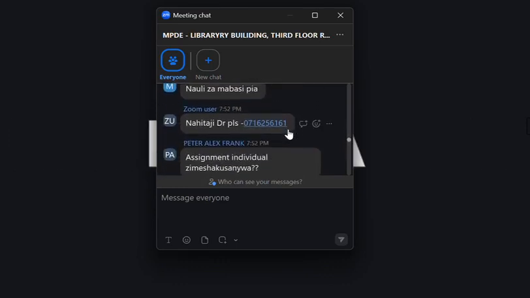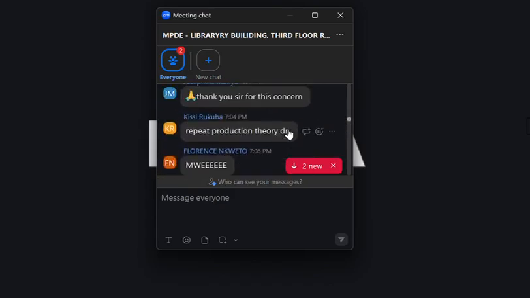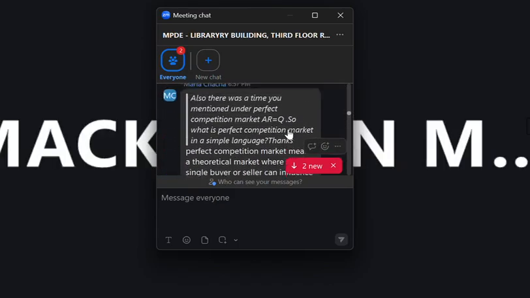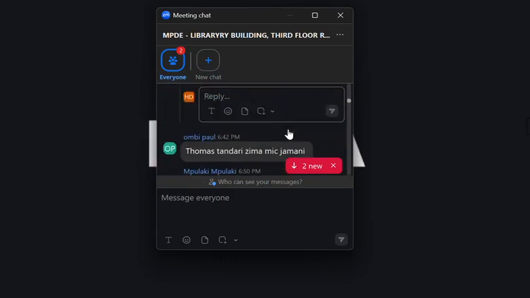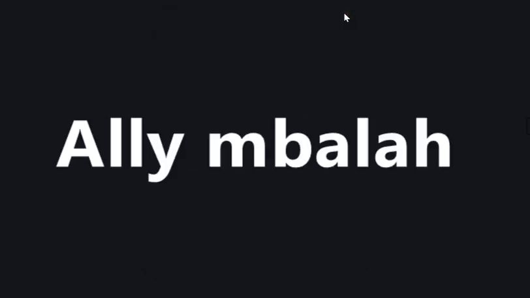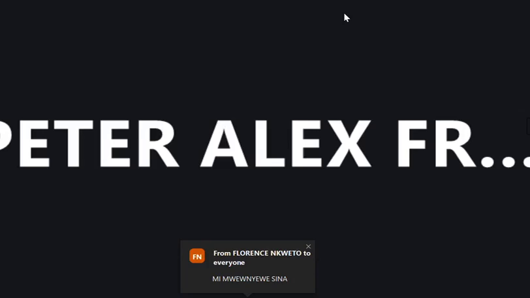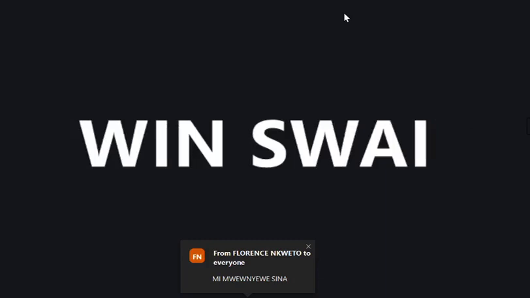Samahani jamani wapendwa, kwenye magrupu ya match intake mmeshatengeneza magrupu? Amesema kuna assignment zingine tunafanya kwa grupu. Mimi sina grupu, ni match intake. Naomba kuuliza. Hapo Dar es Salaam kote huna grupu dada? Sina, nilichelewa kidogo kuingia, sina. Magrupu hayakutengenezwa mama. Kwa hiyo